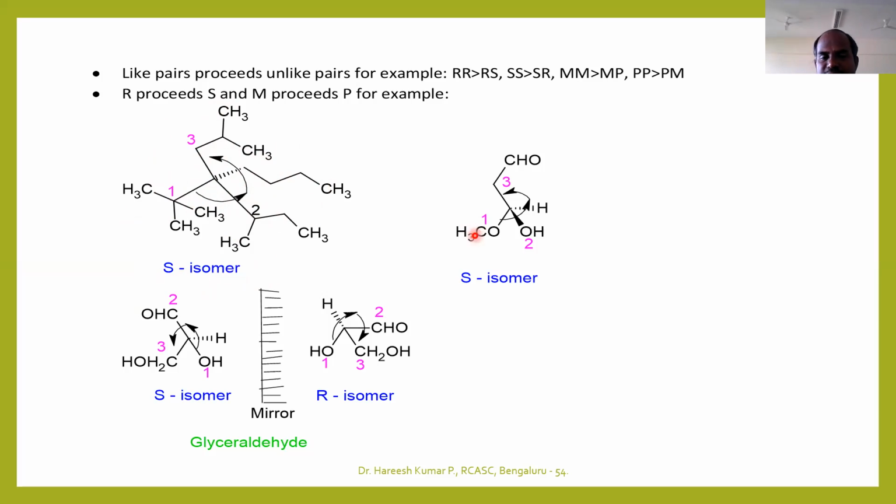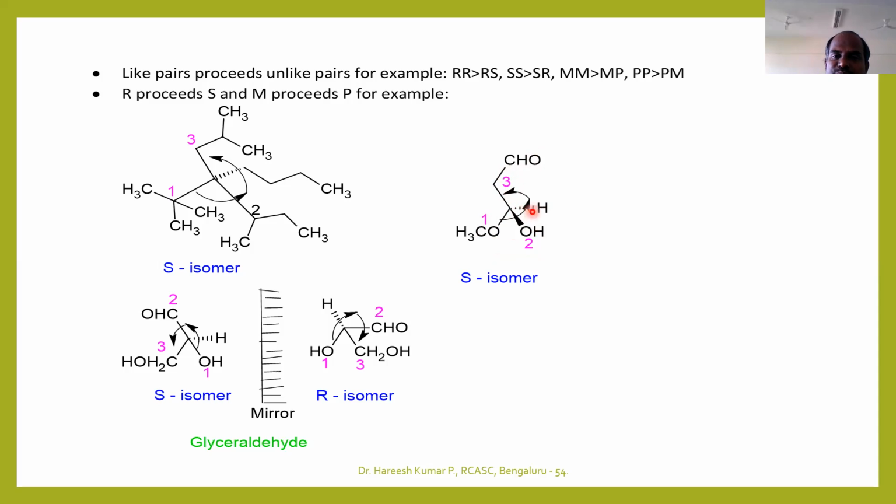So similarly, we will take one more example. Here you can observe the OH group, methoxy group, CH-CHO group. So you know that oxygen will have a higher atomic number and is also electronegative in nature. So next to oxygen, hydrogen is there. But here you can observe that next to oxygen, a carbon is there. That is the reason this group takes first priority compared to this one. That means this is 1, this is 2. Ultimately, this will be the 3.